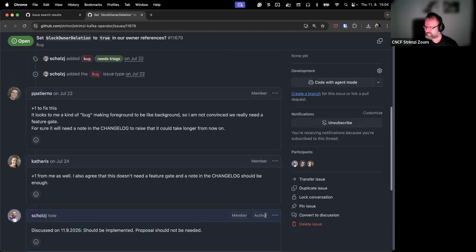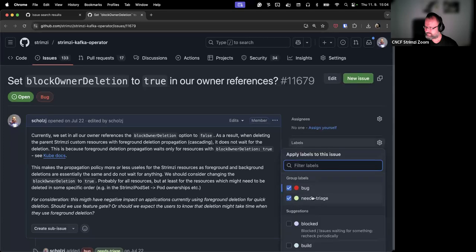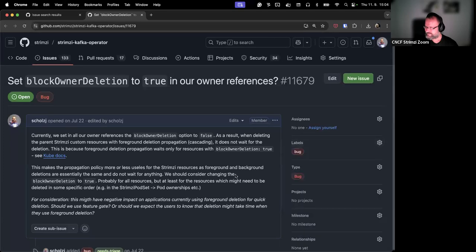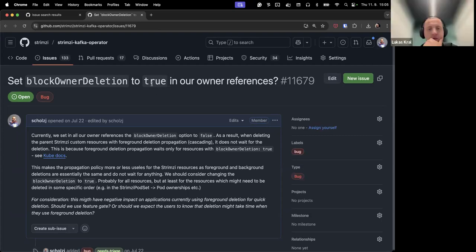Okay, so like this, and let's remove the needs triage label. To be honest, I haven't looked into the code, so I'm not sure if it's a good starter issue or not. So maybe we leave it like this. Maybe we can add the help wanted label. Yeah, possibly, maybe just the help wanted.